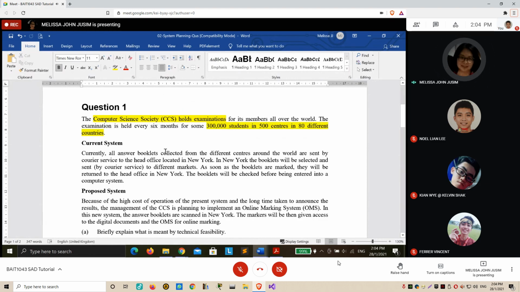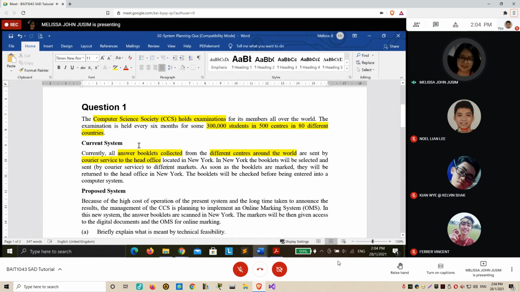How do they implement the exam currently, meaning this is the current system? They need to collect the answer booklets from different centers around the world and courier them to their HQ in New York. Oh, I can imagine this involves lots of